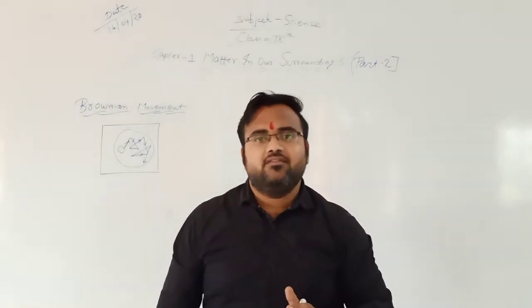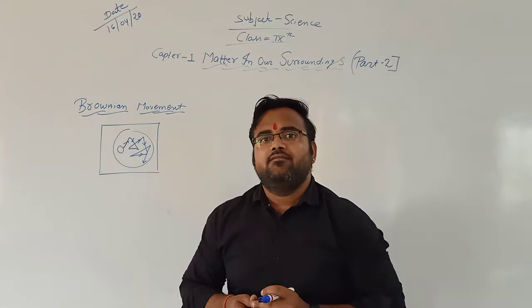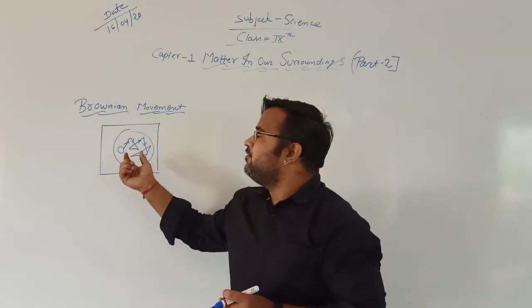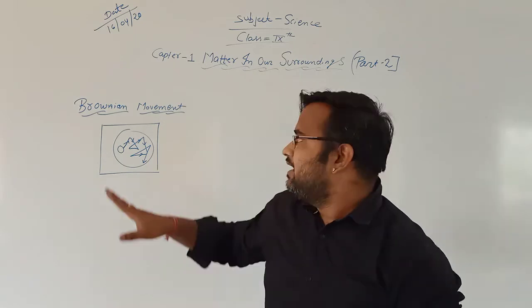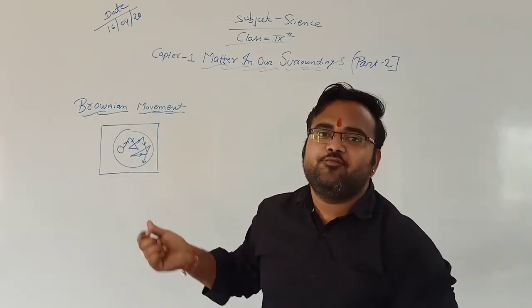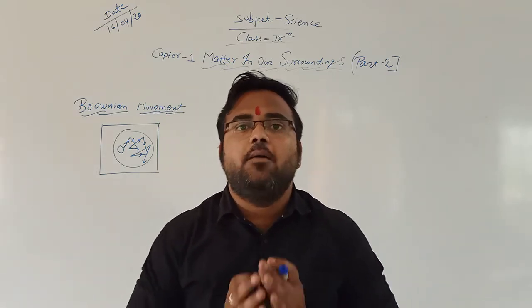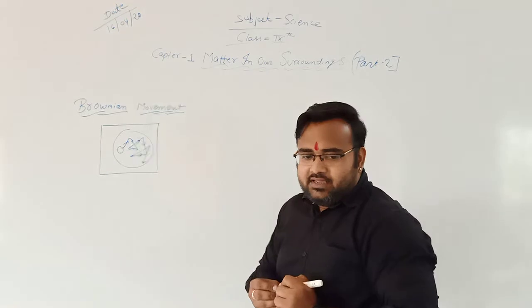In 1827, the Scottish botanist Brown saw the movement of the tiny particles of matter in a zigzag manner. Therefore, this type of movement of particles is known as Brownian movement. Okay. Then the next concept is